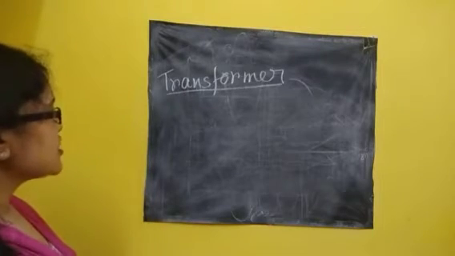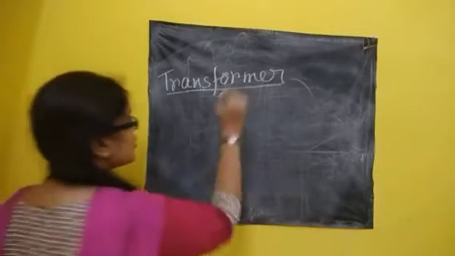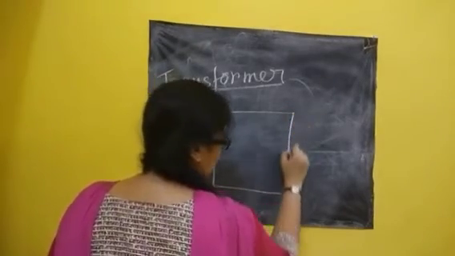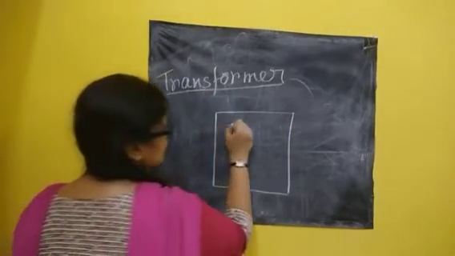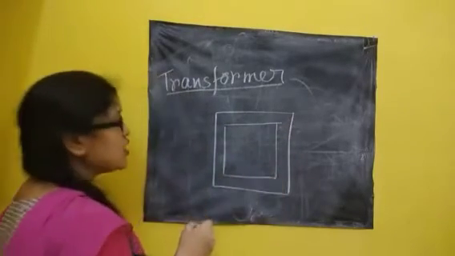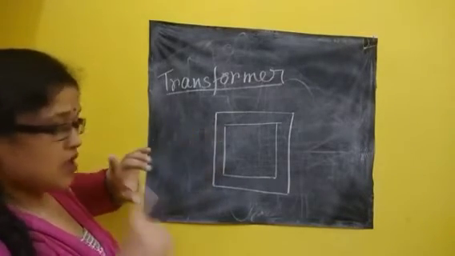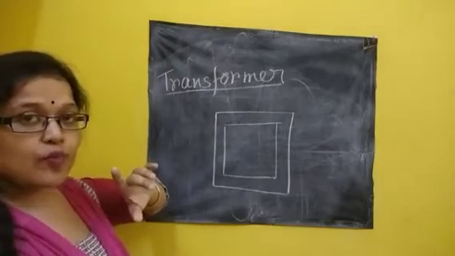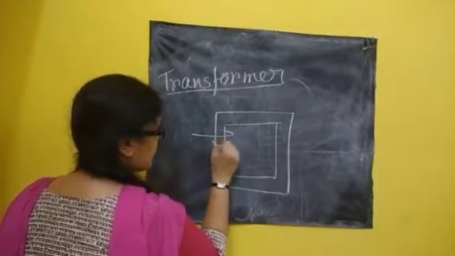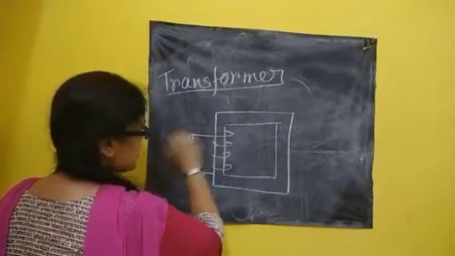So let's go to the transformer. Suppose I am going for the step up transformer. There will be a rectangular core. You have probably seen this if you have done an electrical project. One side of the rectangular core will be wound with coil. Like this, the coil is getting wound. So this side is wound.